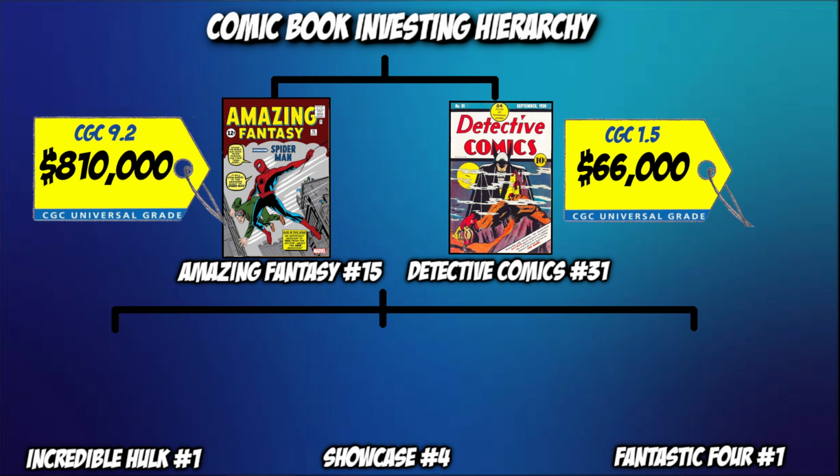Next up in our hierarchy is a book that I think everybody out there knows. It is a copy of Incredible Hulk #1 and the first appearance and origin of the Incredible Hulk. It's also the first appearance of Rick Jones, Betty Ross, and General Thunderbolt Ross. This book was published in May of 1962 by Marvel Comics and is CGC 3.0, just sold this month for